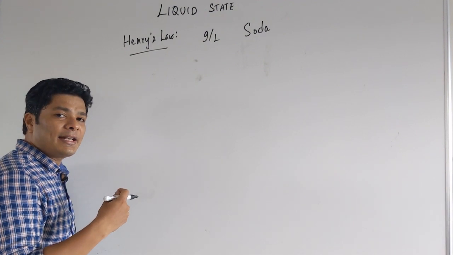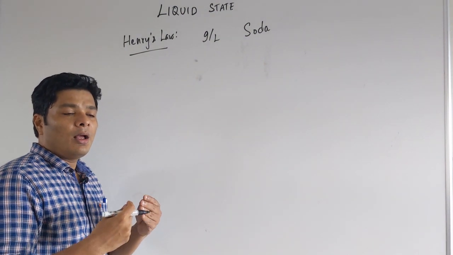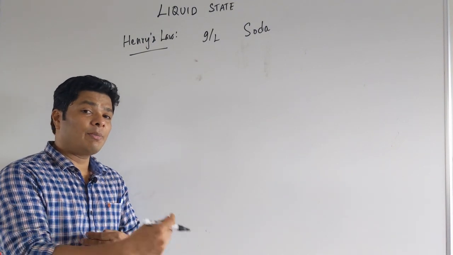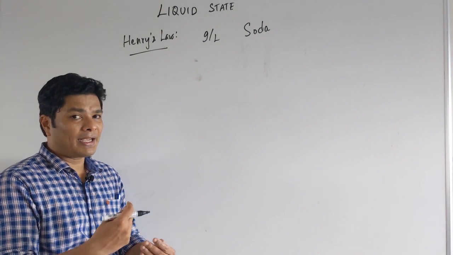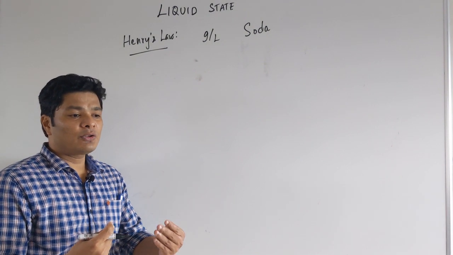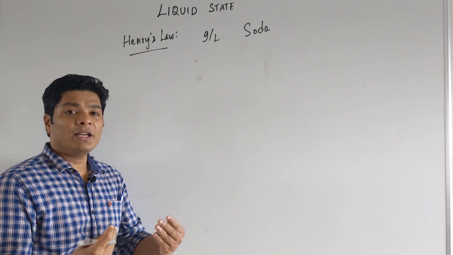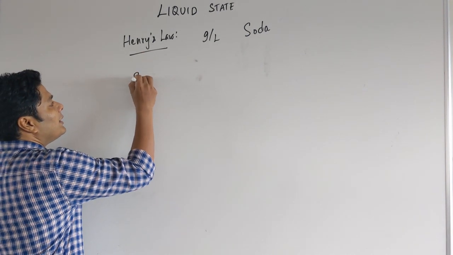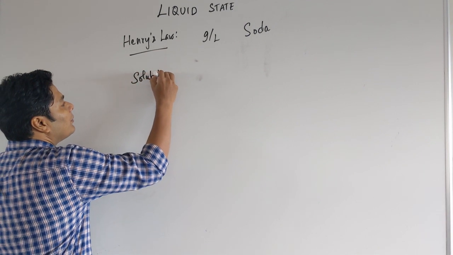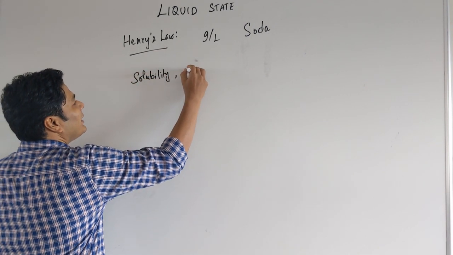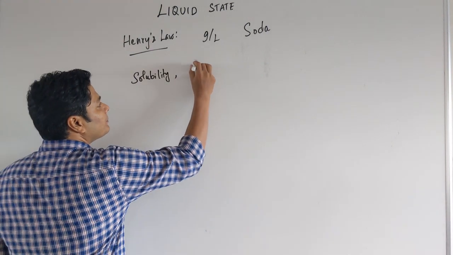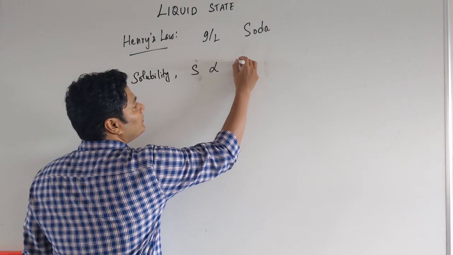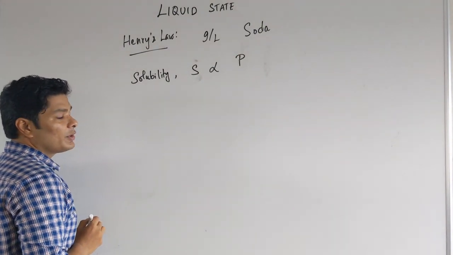It actually has a huge impact in nature. How much water vapor can be dissolved in a certain solvent, or more practically, how much oxygen can be dissolved in seawater for the marine creatures to breathe. Now, what you want to know is that solubility is basically nothing but your concentration. Solubility can be given by many symbols. Solubility is proportional to the pressure on the system.